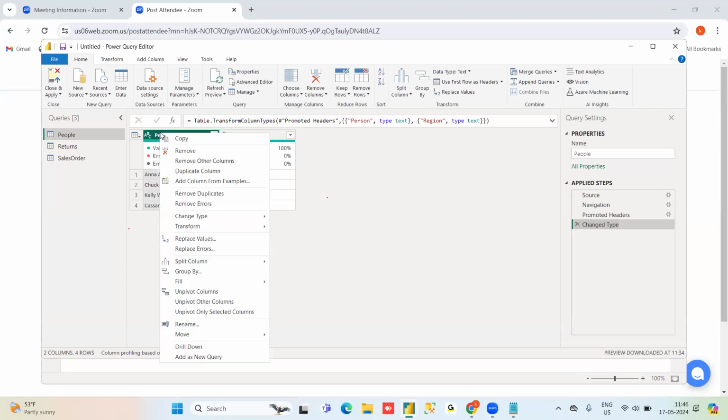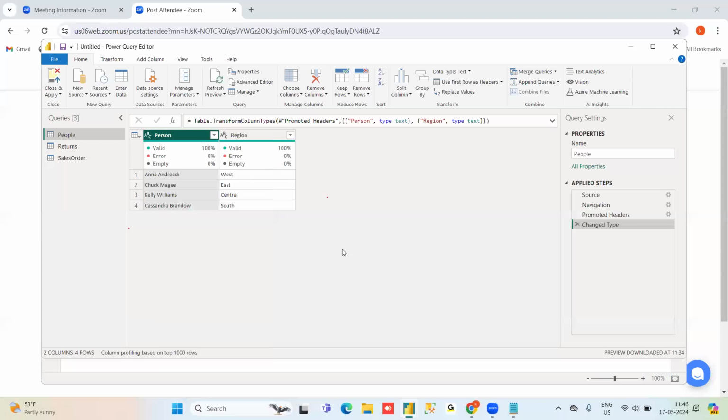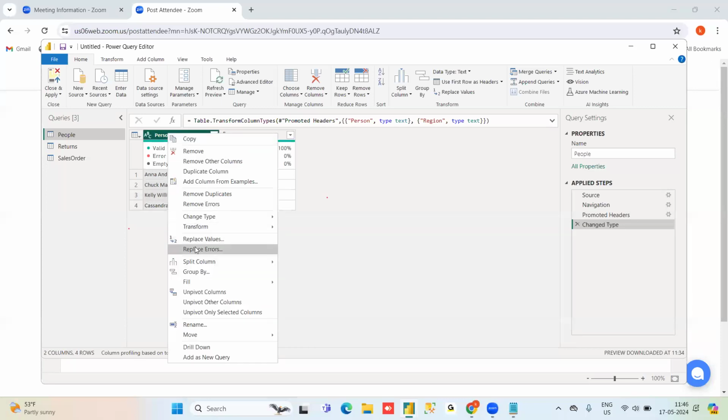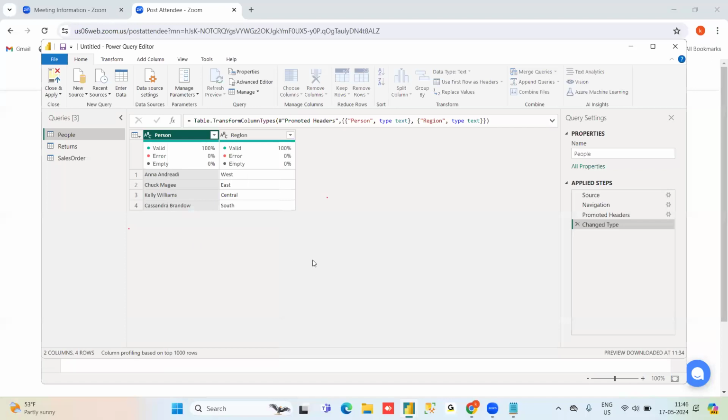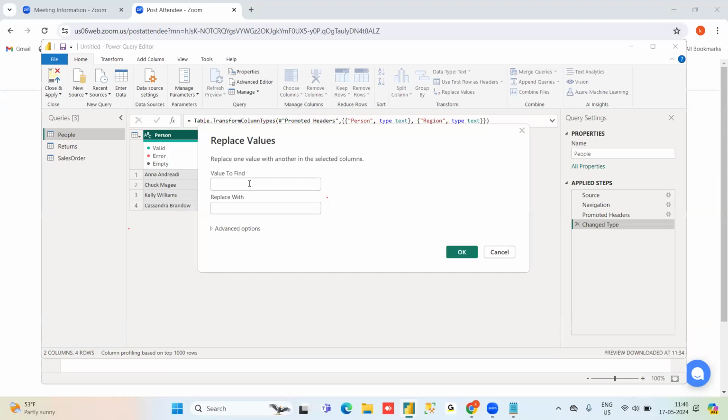Here I wanted to replace a few values. I want to replace one value with another. Something, his name is Kelly Williams. I'm just copying that value. In place of Kelly Williams, I want to replace with Srikar.